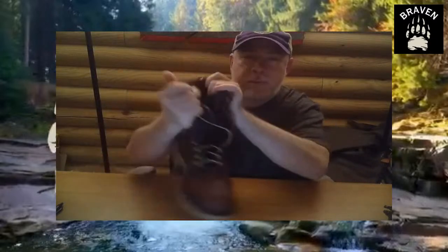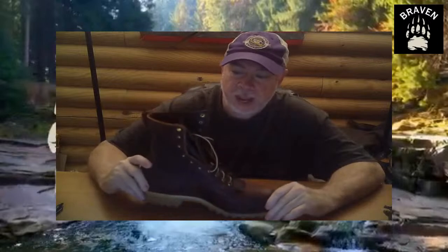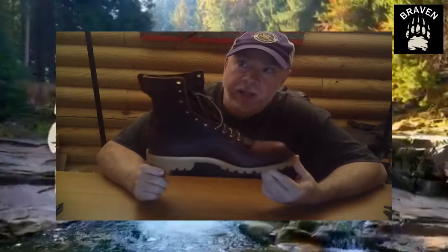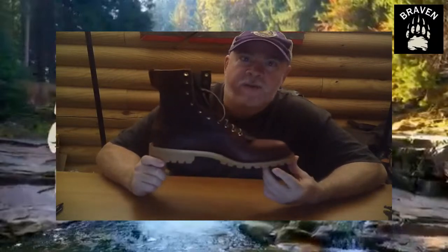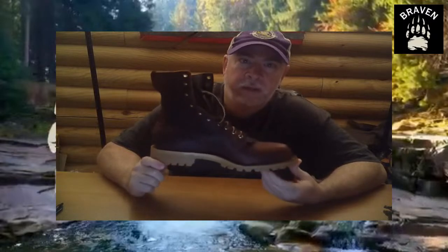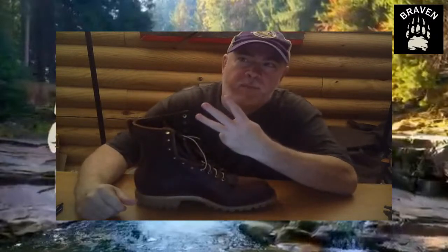And JK Boots is a phenomenal Northwest part of the country boot maker. Okay. And they specialize in boots for Northwest outdoorsmen, specifically loggers, and also a lot of their firefighters, the woodland firefighters. Also, there's three main brands of boots that they prefer, all pretty much the same style made boot, which